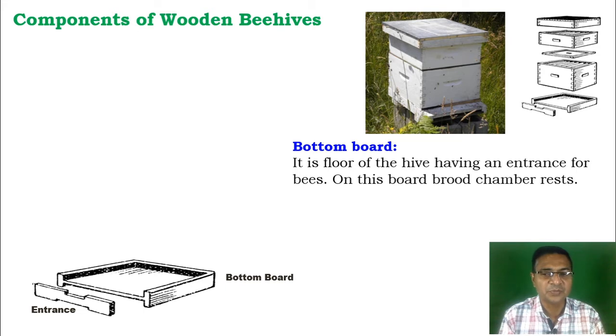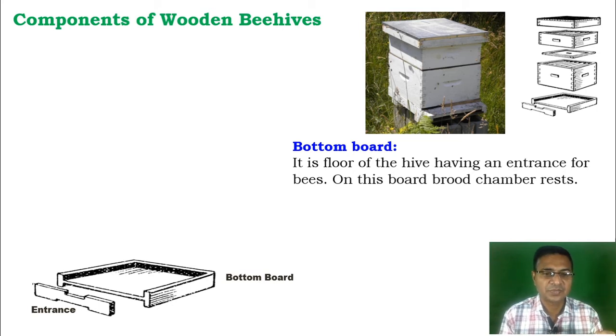On this board, the brood chamber is raised. Three sides of the bottom board are packed and slightly elevated, where the brood chamber is raised, while on one side the entrance is present, and through this entrance there is a mesh, this is the mesh here,